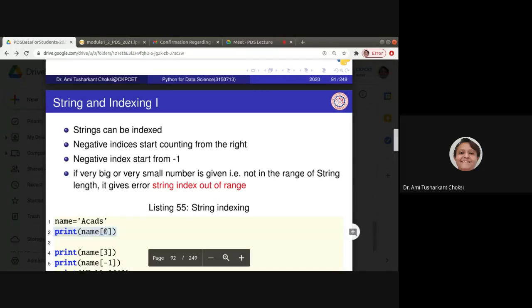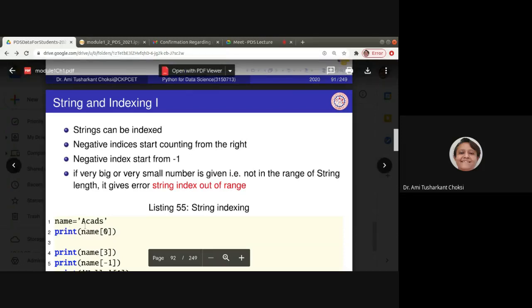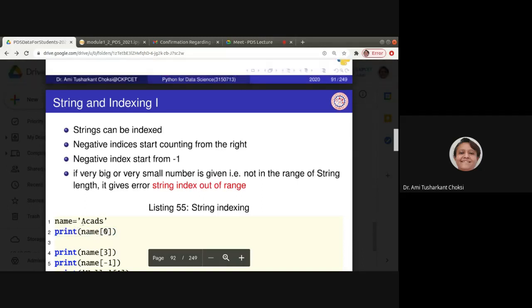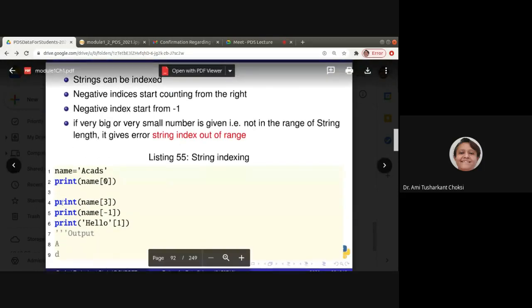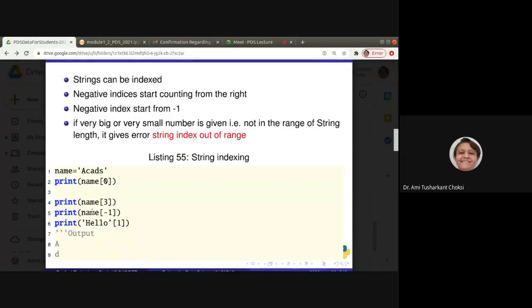Index starts from 0 as in other languages, right? This is not an array, this is a string, but it is also available that we can access the first character at index 0. Then let us say we have name of 3, then what will be there?